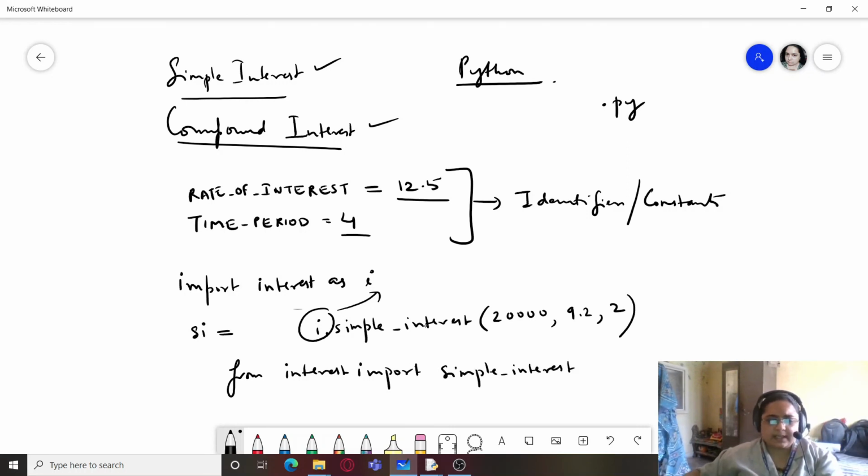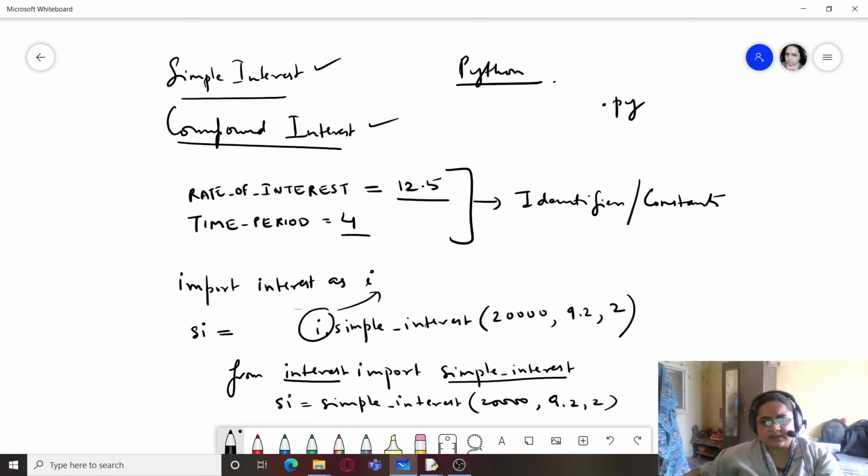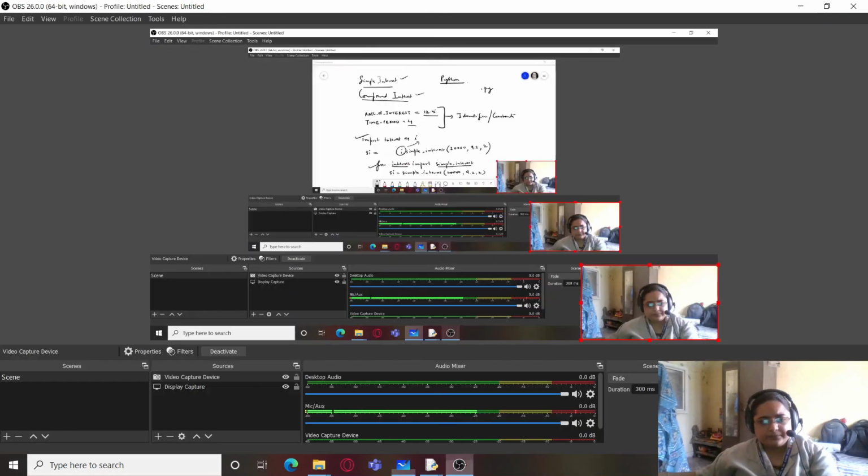So now in this case, from this module I have imported only simple interest. So in my program, I can simply use this simple interest without any qualifier name, without any namespace, and I can simply pass values to it. So this is how I would be using my user defined module and other predefined modules also in my program. More in the coming days we will be seeing. Today that's all in the class.